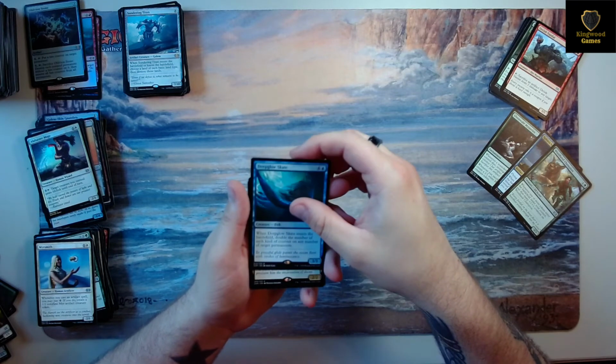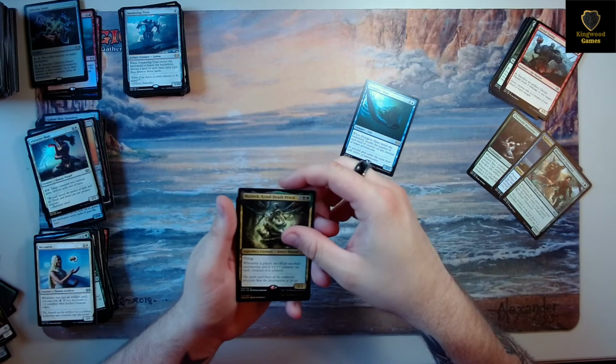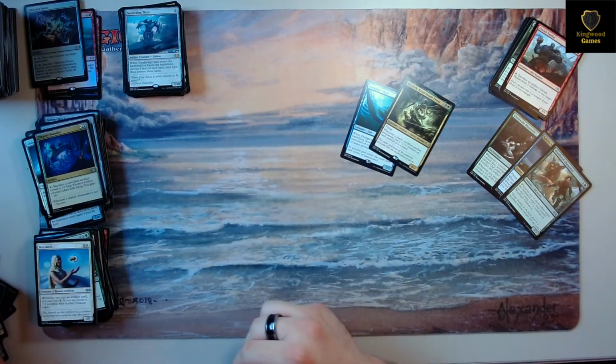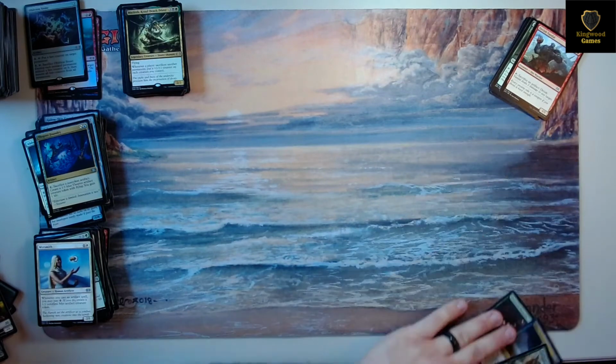What can we get? Oh, boy, we did not get there with this pack. But we have 1 more. Got it. Oh, foil Thopter Foundry, that's cool. Foil Golem Artisan, okay. Alright, 1 more pack. And then we've got our